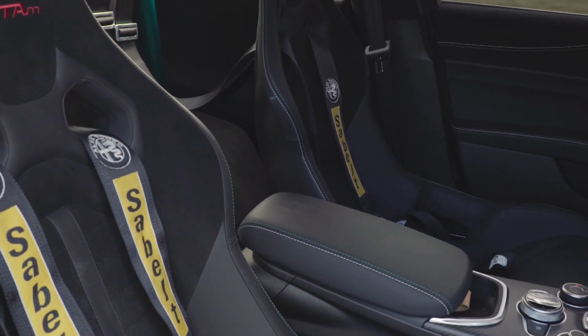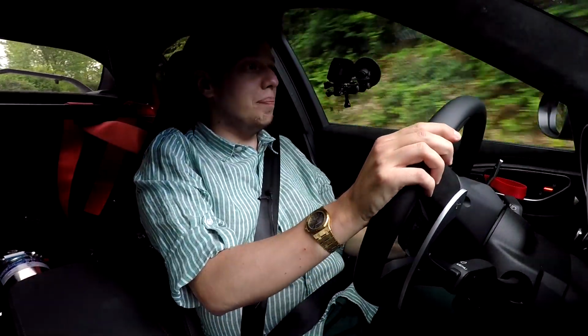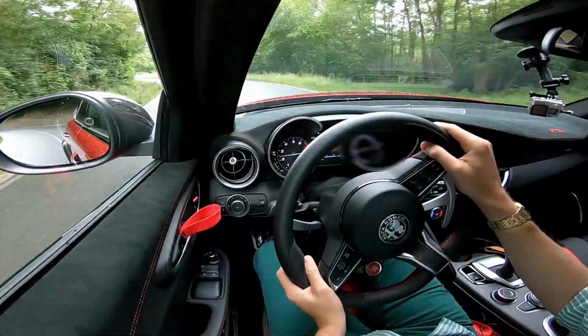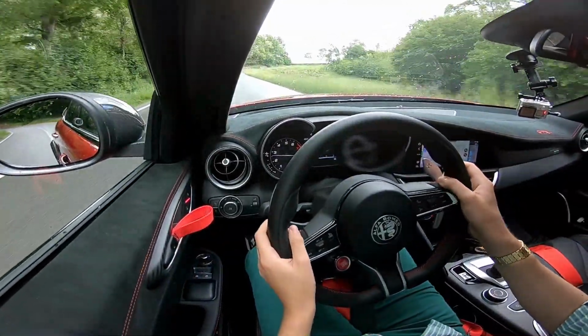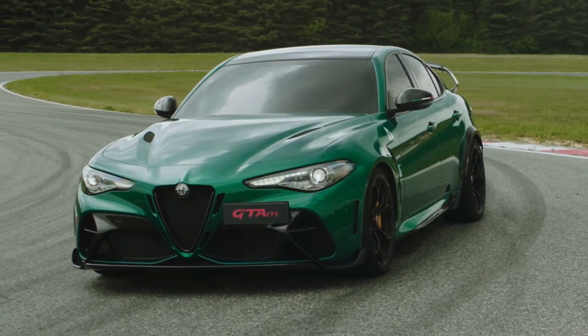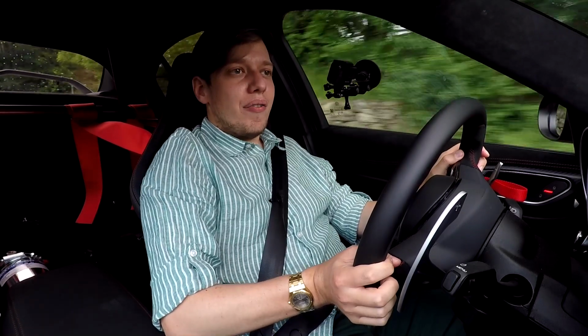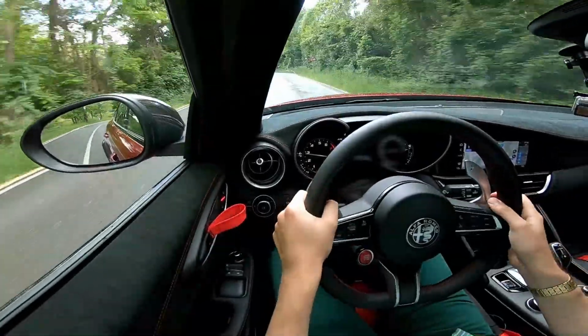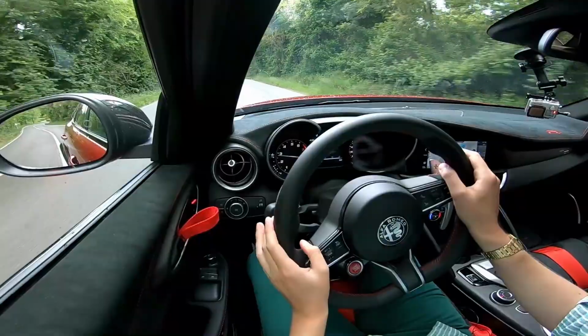There's a roll cage in the back, it's very loud, it's very low, it's also stiffer, but I wonder, can you actually daily drive or use this car on public roads and pretend it to be also a comfortable saloon car? Well, first impressions, I'm impressed because I'm driving in N mode, which is the soft setting, and